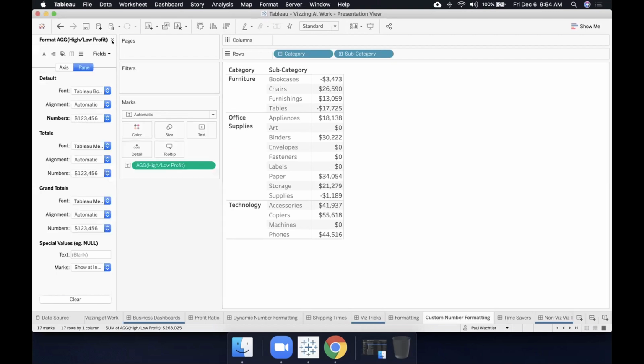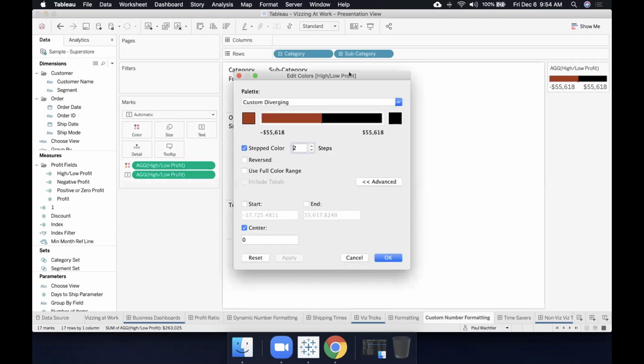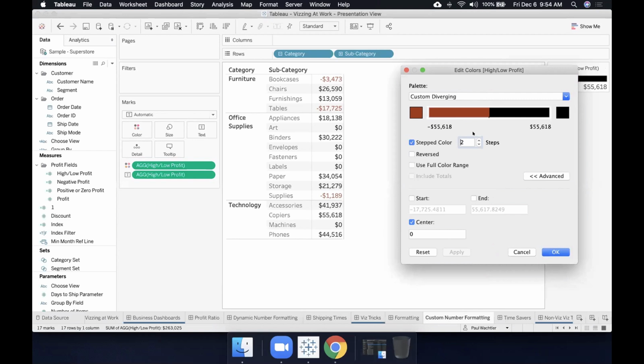All right, now the next thing I'm going to show you is conditional label formatting. So traditionally, if you wanted to color, let's say, the negative values red and keep the positive values black, the simplest way to do that is to drag your metric onto your color. You see I already have this set up here. I just have two-step colors with 0 in the center, so everything that's negative is showing in red. Anything that's positive is showing in black.